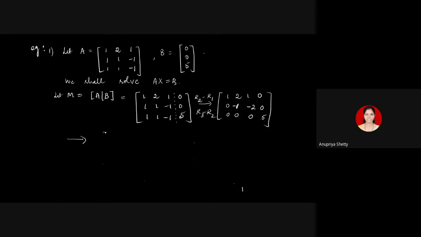Okay. And then go for 1, 2, 1, 0. After multiplying the second row with the minus 1, you would get 1, 2, and 0. And you can multiply by 1 by 5 to the last row, you get 0, 0, 1. Can I stop at this point and make some conclusion right now? If you know what the previous proposition says.